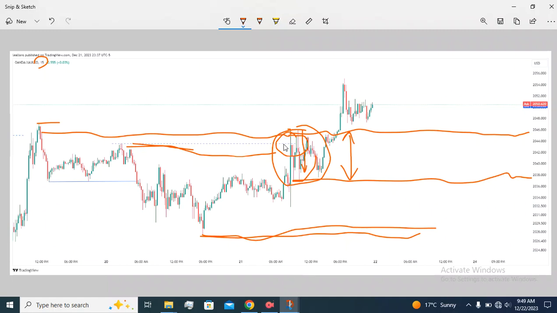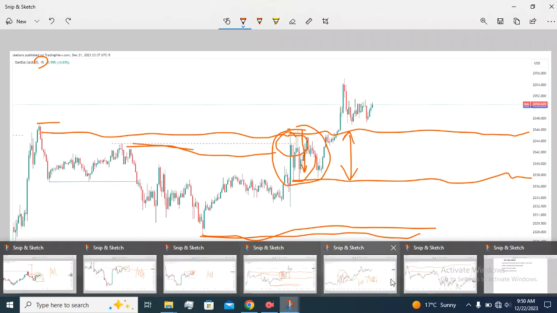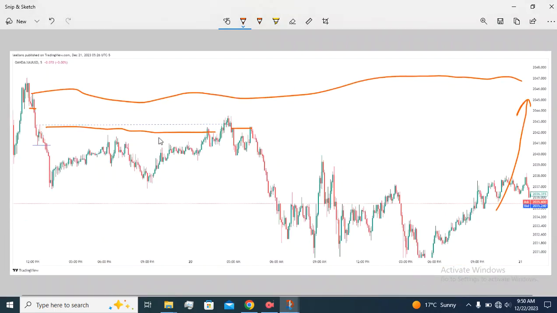If it was a sniper entry, just set your sniper entry at that higher high, like this. Let me show you. A sniper entry right at that zone up there,